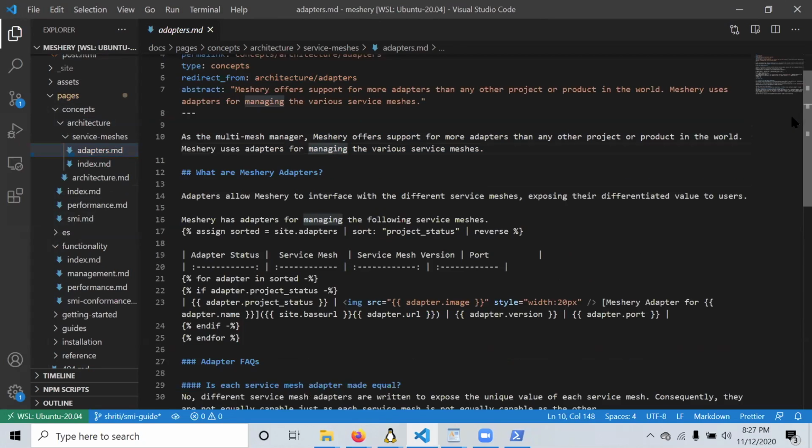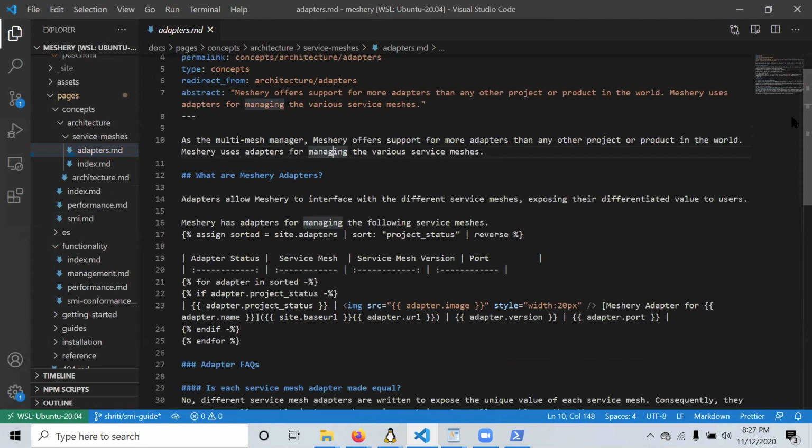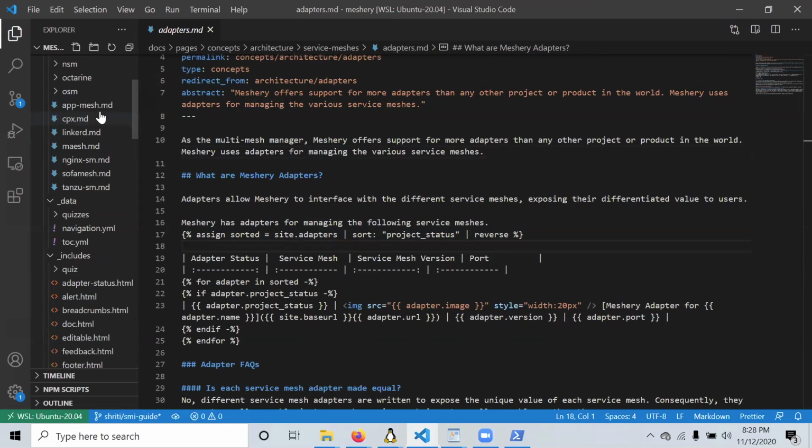It includes a couple of words explaining what this is about. Let's look here. So this is a liquid tag. What it basically does is assign sorted site adapters. It will pull any data that has been defined in the site adapters folder. For example, product status is a variable defined in the front matter of each adapter markdown file.